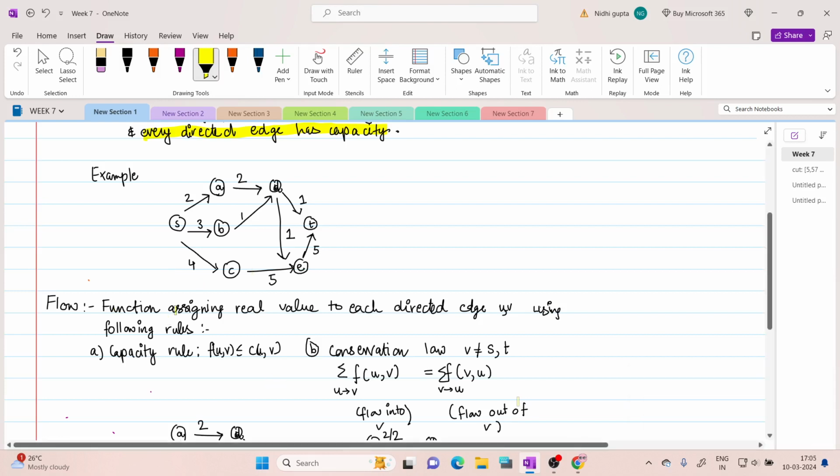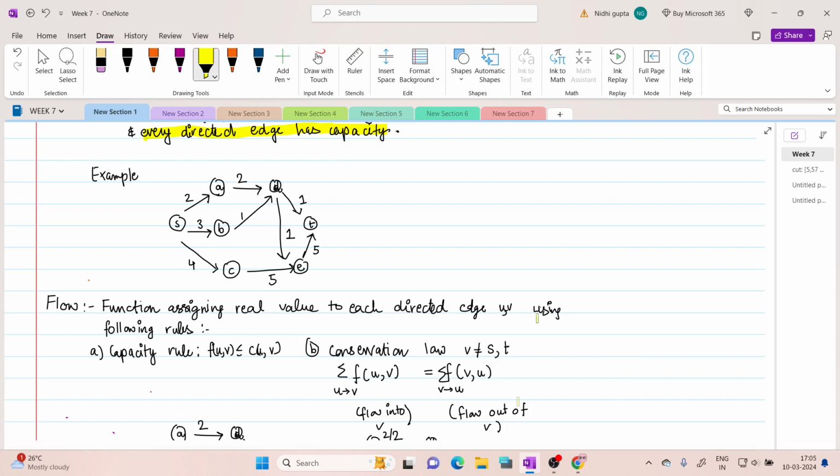The flow refers to any function which is assigning a real value to each directed edge uv, and we have the following rules. The first rule is the capacity rule. Suppose uv is a directed edge, then the flow assigned to the edge uv should be less than or equal to the capacity of uv. So we cannot assign a flow which is greater than the capacity. And secondly, we have the conservation law, which says that